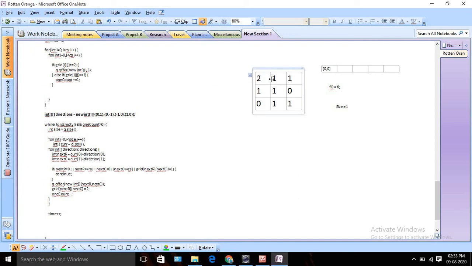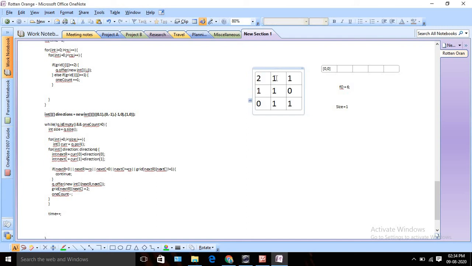When we are going to insert, we check whether my value is 1. If it is not 1, if it is 2 or 0, then we just continue, right? We need to check this condition also to avoid an array out of bound exception. If the value is 1, then we add this in our queue, and we make that number 2 instead of 1, right? And we decrease our fresh orange count by 1. So in the first iteration it will become 5, and the queue will contain these two indexes, 0 1 and 1 0, right?